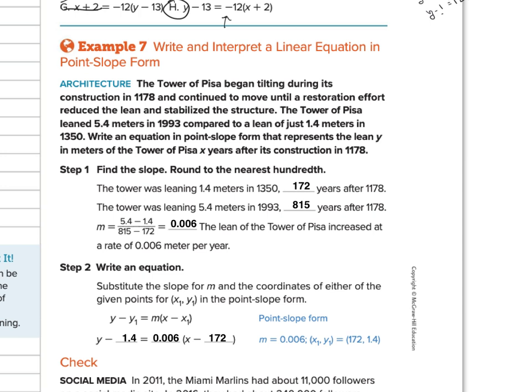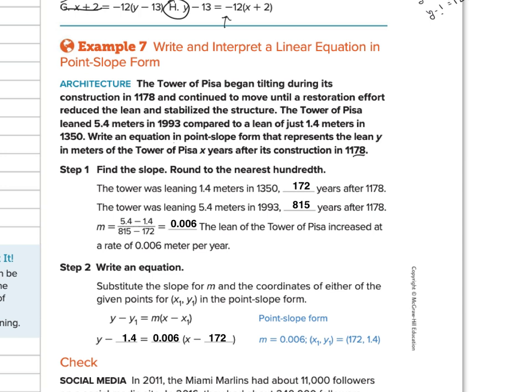The Tower of Pisa leaned 5.4 meters in 1993 compared to the lean of just 1.4 meters in 1350. All right, so roughly 643 years, it moved 4 meters. But write an equation in point slope form that represents the lean y in meters for the Tower of Pisa after its construction in